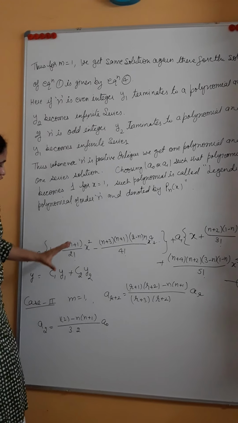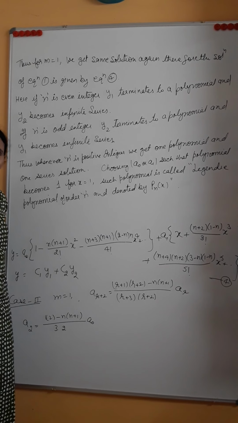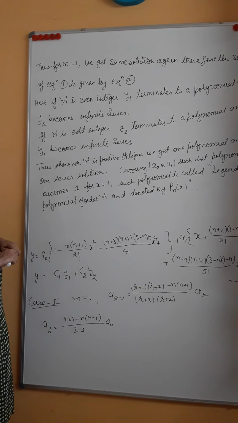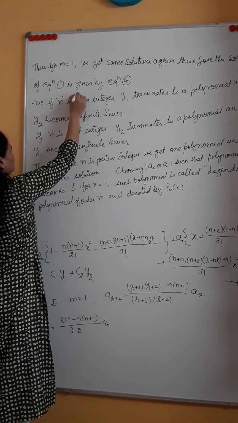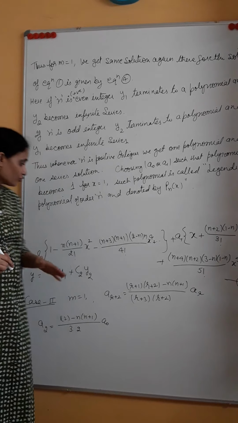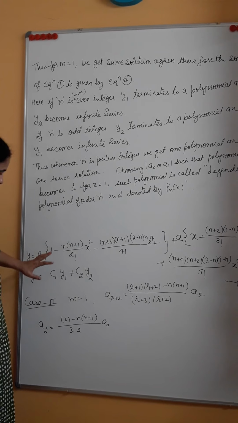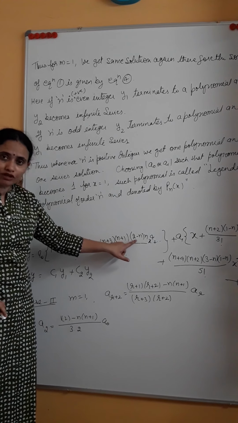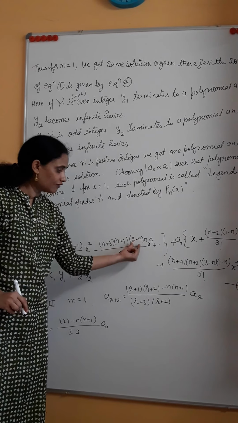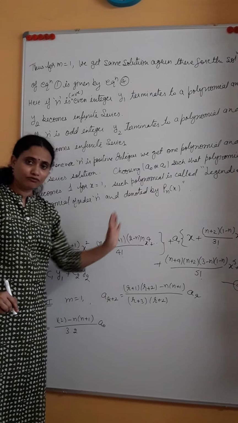Now let's see what type of solution we are getting here. Now n is a positive integer, right? So that may be even or odd. If n is a positive even integer, it may be 2, 4, 6. For example, if I put n equal to 2, this term will become 0. After this term, all the successive terms will be 0, because every term has 2 minus n, then 4 minus n, 6 minus n. So all the successive terms will become 0.